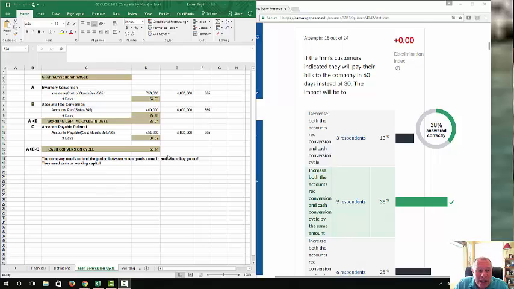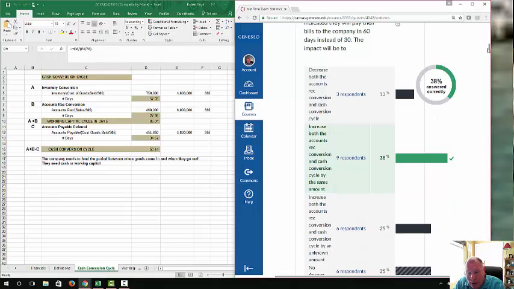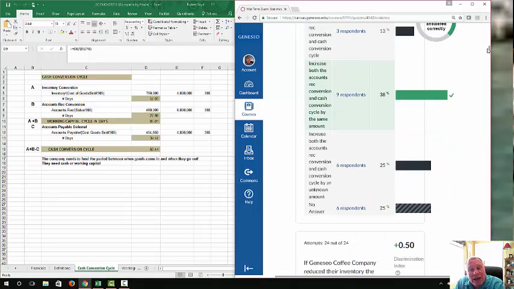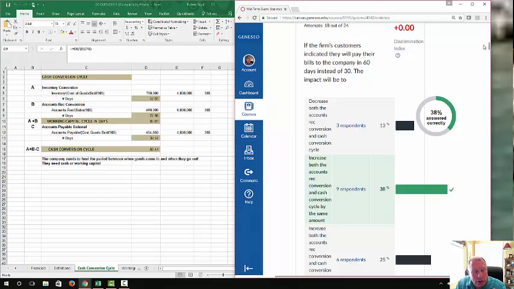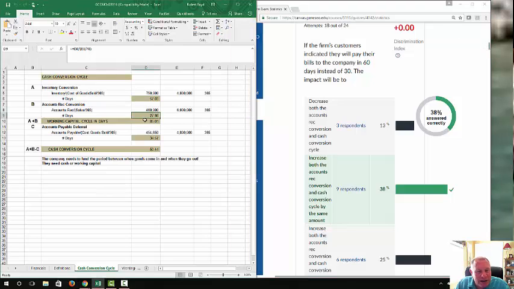Now if you come back, the cycle is A plus B minus C, and it's say 27 now. We know it's going to go up because customers are taking longer. So now we know definitively you can't decrease it. That's pretty clear, yet 6 people didn't even answer. But let's look at this. Right now it's 27.98. So if we wanted to double that, which of these numbers would change?